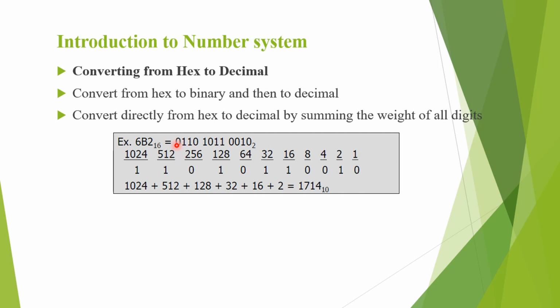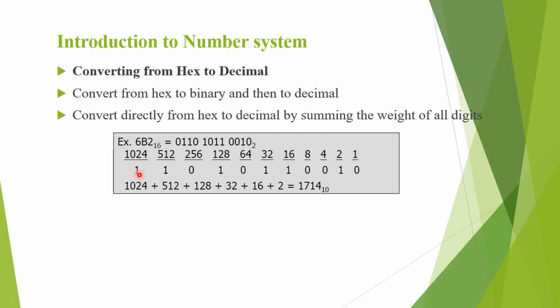The first bit, that is the MSB, is not written since it is 0. Now the weights of each of the bits are written. The rightmost one, the LSB, has weight 2 to the power 0, that is 1. Next it has 2 to the power 1, 2 to the power 2, 2 to the power 3, and so on. Now we have to add these weights